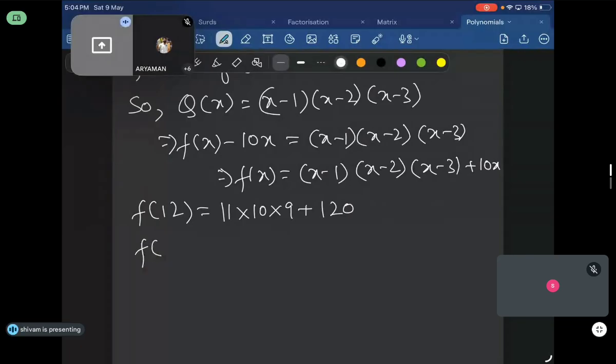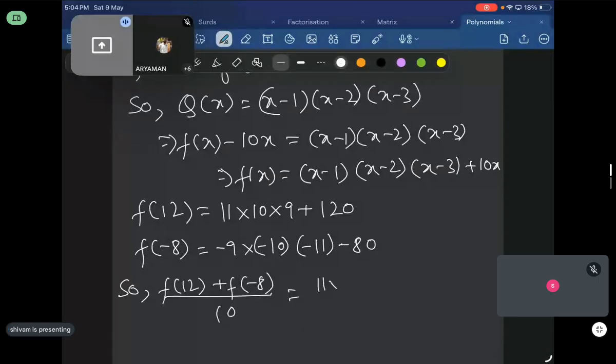So what is f of 12 plus f of minus 8, divided by 10, right? This will be equal to 11 into 10 into 9 plus 120, and this is minus minus plus, minus 9 into 10 into 11 minus 80,